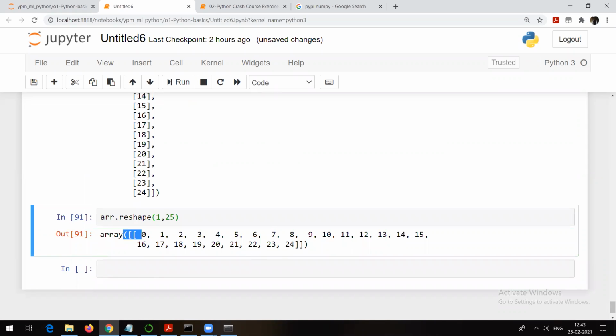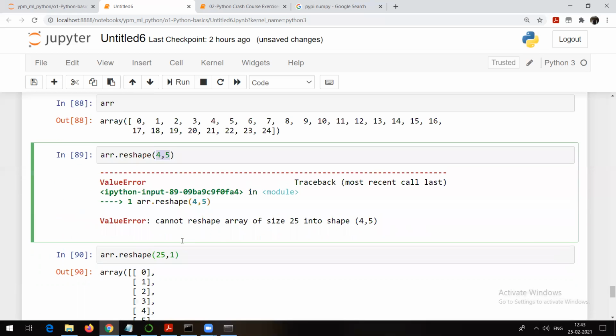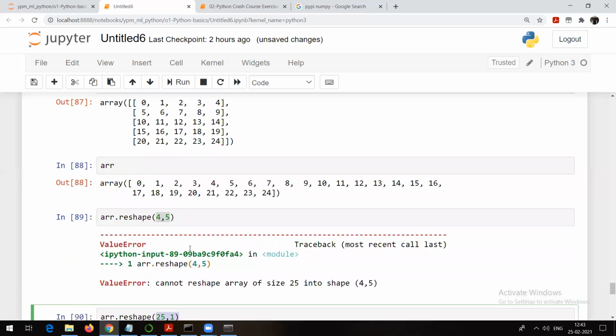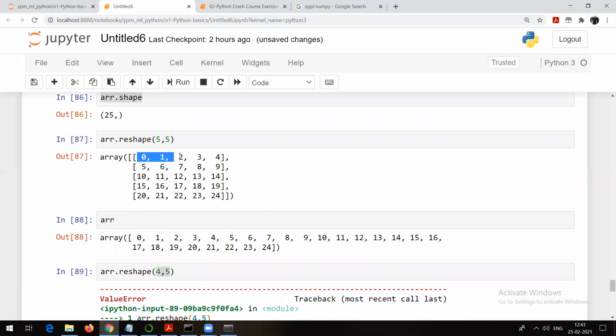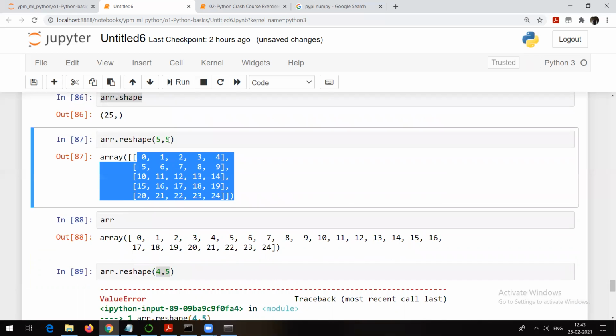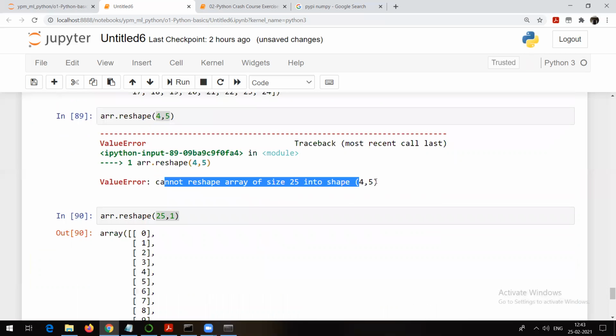It's not a 1D array. It's a 2D array. Try to understand why it is so. Because 25 elements are there, and you cannot represent 25 elements as 4 by 5. It can be 25 by 1, or 1 by 25, or 5 by 5. In basic mathematics we have already learned this: the total number of elements in a matrix is equal to the number of rows times the number of columns, and that's why you are getting the error like this. I hope everyone is able to understand that.